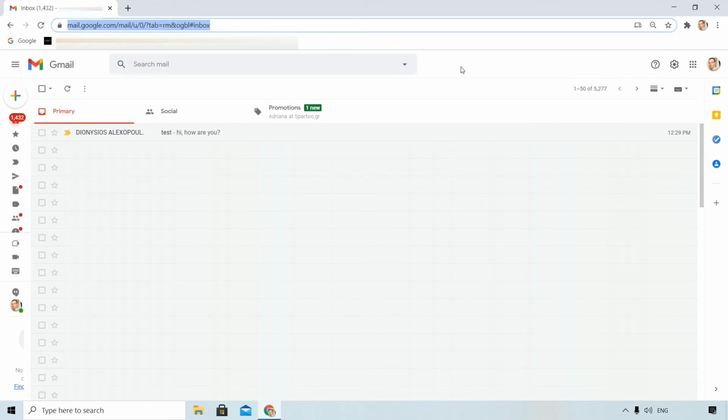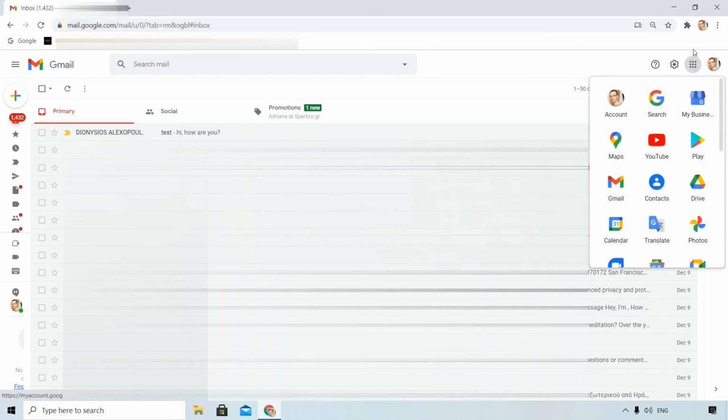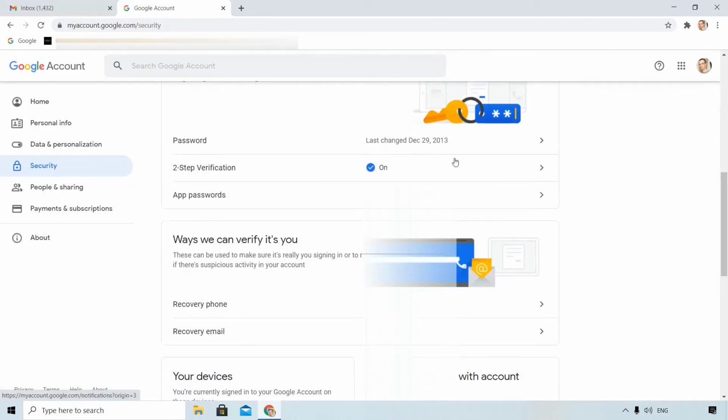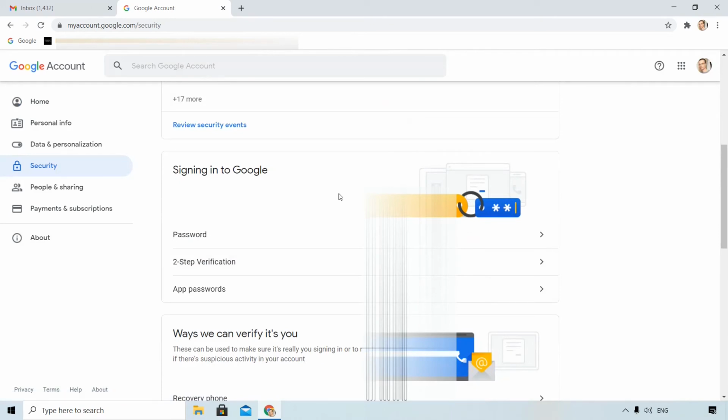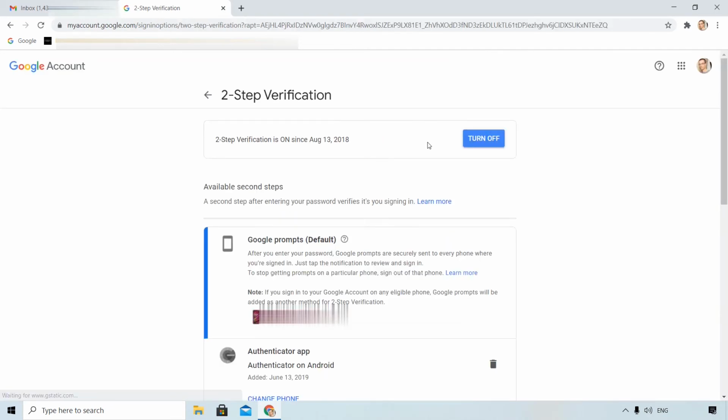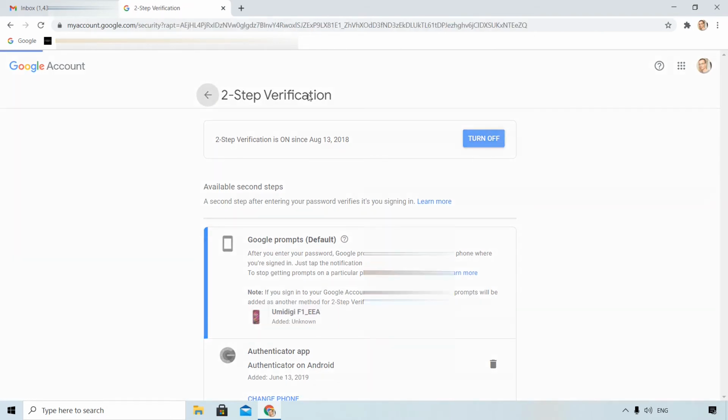Okay, now we need to find a way to send business emails, and we will use our Gmail for that. First, we log into our Google account. You can see here my inbox. I click those dots on the upper right, and then you can see my face and click account. On the left, I will choose the security option, and I will activate two-step verification. I have already turned it on, but you need to do it too. It's a requirement.